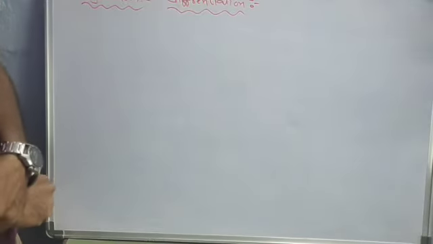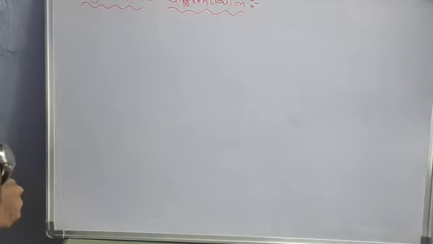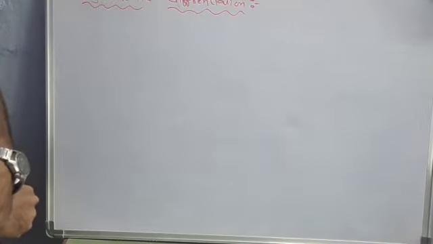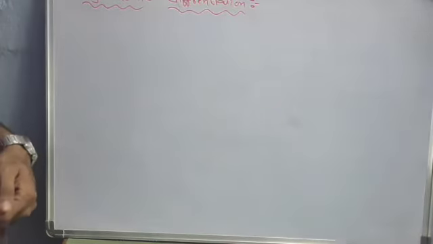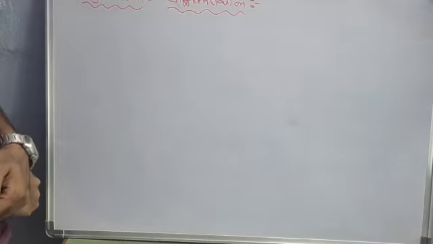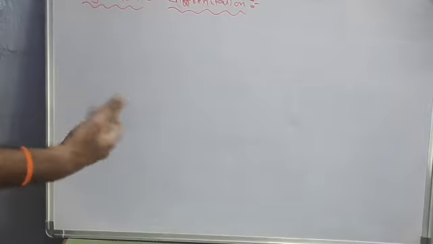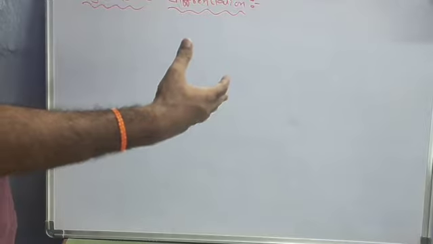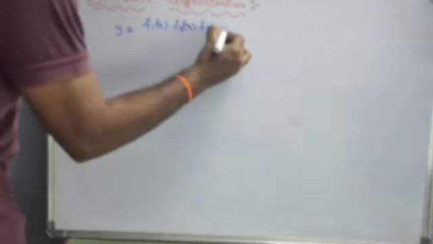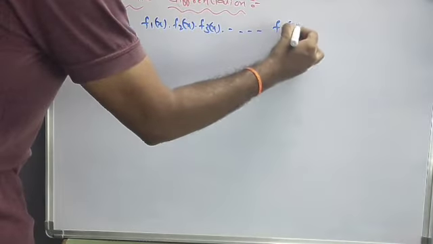Today we discussed the topic logarithmic differentiation. Okay, logarithmic differentiation. So, in this content, we discuss that if a function is in the form of a product or quotient of a number of functions, that means if it is in the form of y equal to f1 of x into f2 of x into f3 of x up to so on some fn of x.